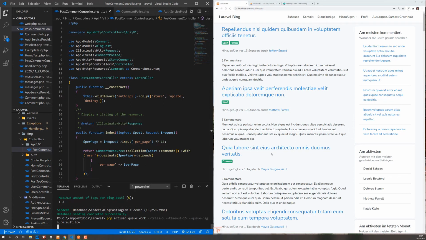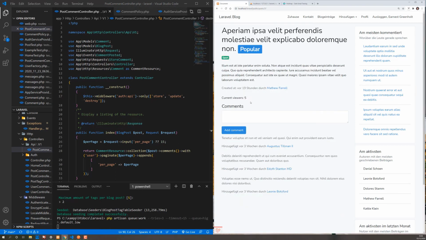And if we do that, for example, let's comment here. We've got 3 comments here. Hope it's not too disturbing for you that it's now in German. So if we comment here, for example, hello, I do agree totally, then